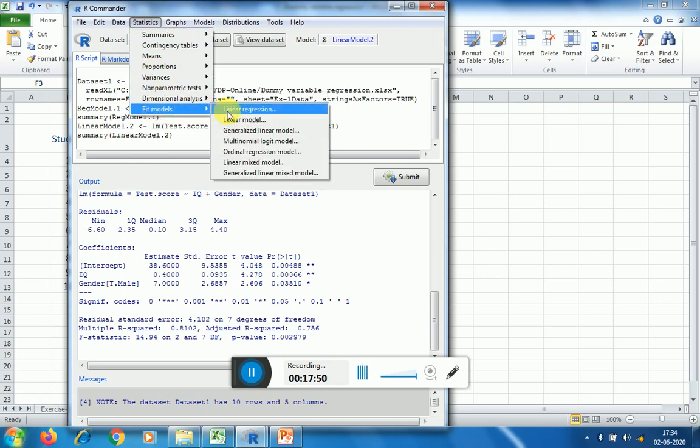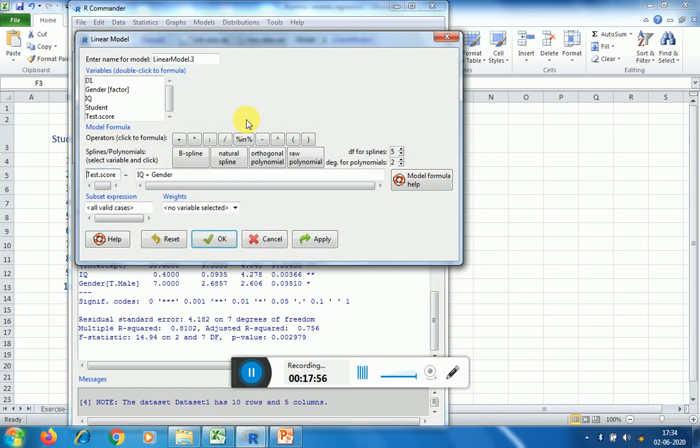So here I will not use the option linear regression. I will select linear model, because there may be one or more dummy variables existing in your model, and these dummy variables are nothing but factors. They can be in the form of a factor. So this is my original equation.